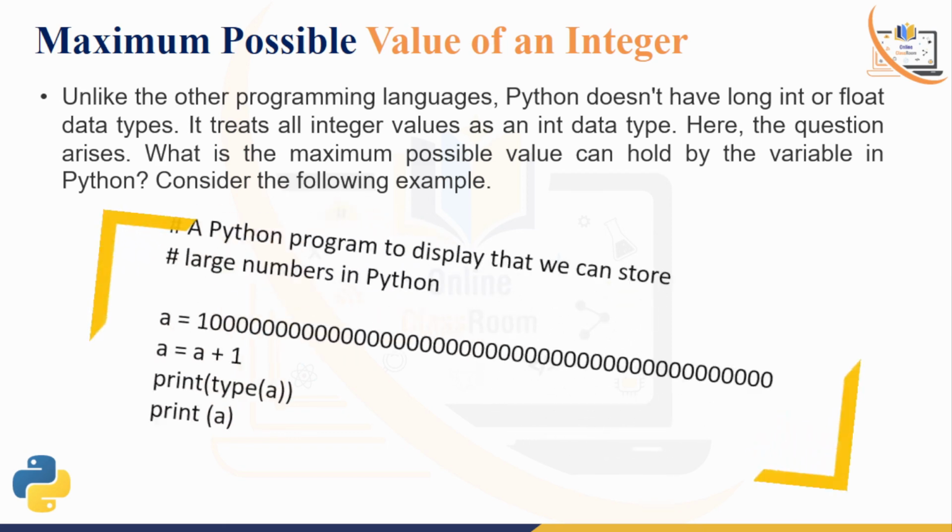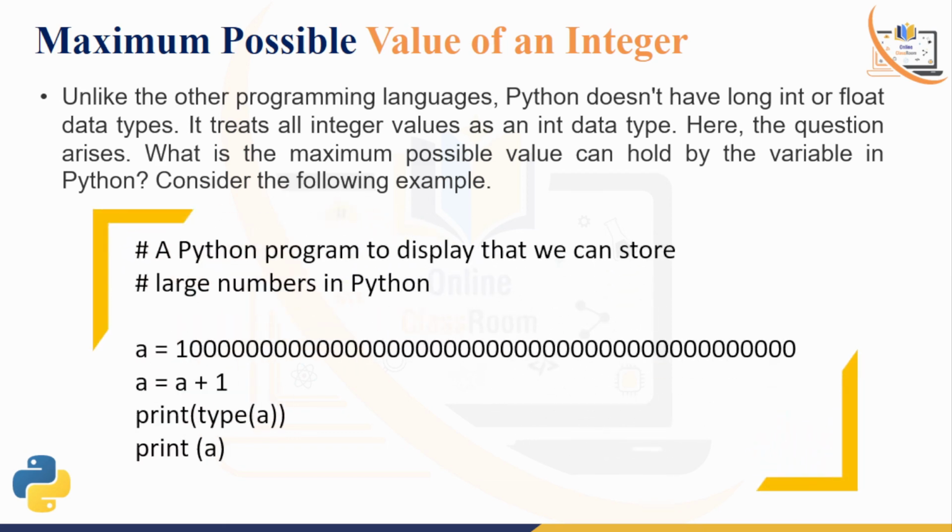If we consider the following example, the value of a is very long, but still in Python we can run it. So Python is very easy to learn. Why? Because we do not have to memorize whether to write long int, double or floating point number. Not required. Just assign and go for it. Your interpreter is there to convert it according to its need.